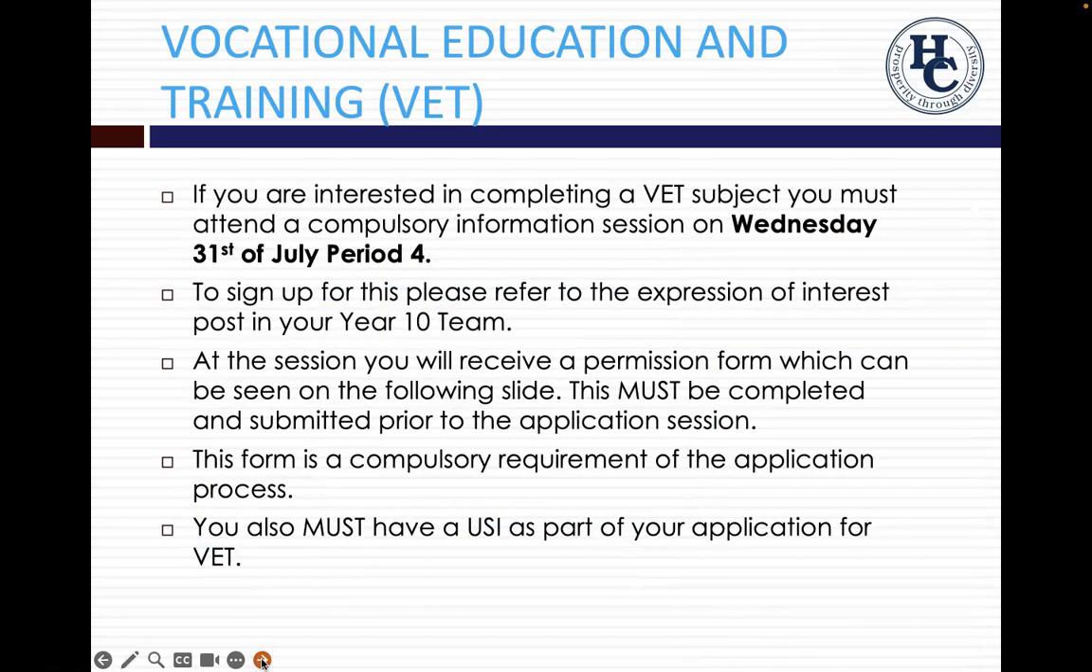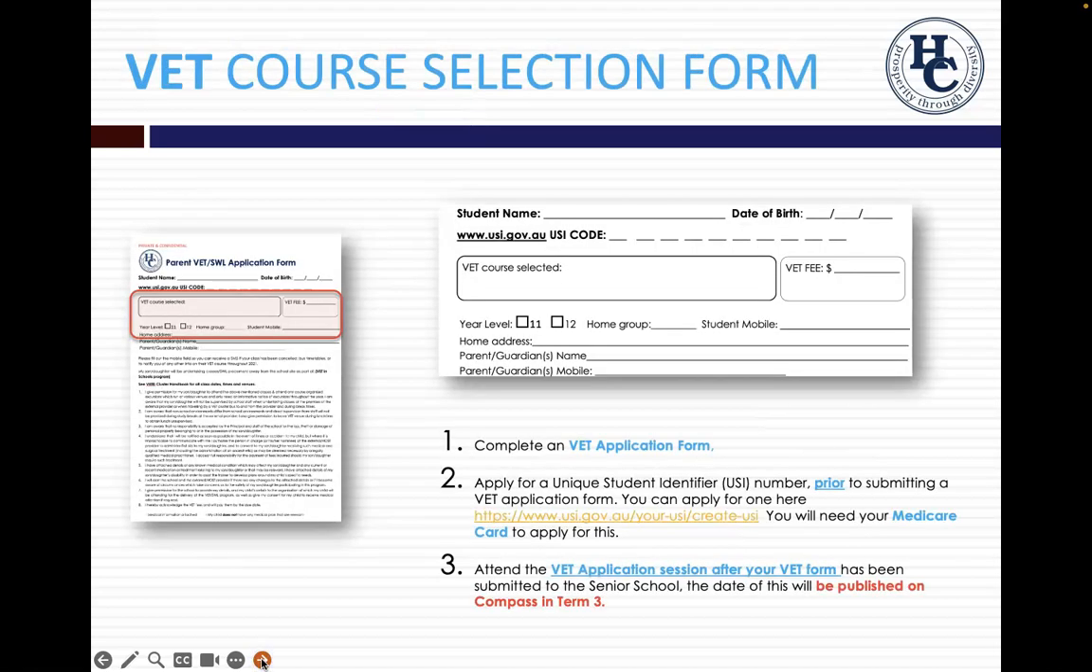So if you're interested in taking up a VET subject as part of your course selection, we will have a compulsory information session which runs on Wednesday the 31st of July in period 4. If you look out for a post asking for your expression of interest in the Year 10 team, you'll find out some more information about that session. It's a compulsory part of the application process because there's quite a few steps you need to undertake to sign on for VET. We'll also, as part of that process, give you an application form to complete. You need to make sure you have a USI number as part of that,